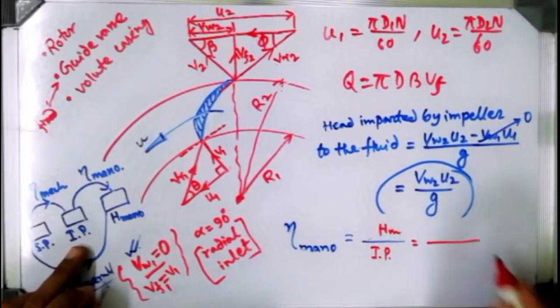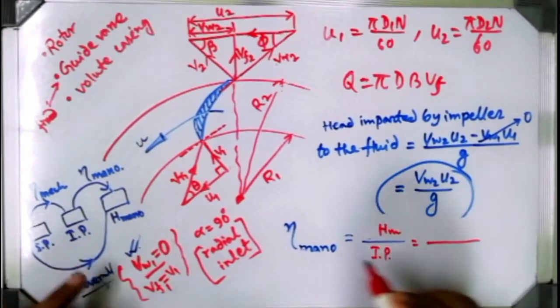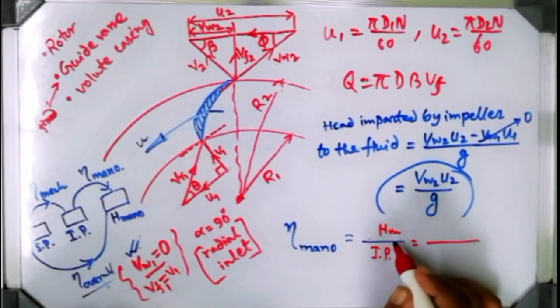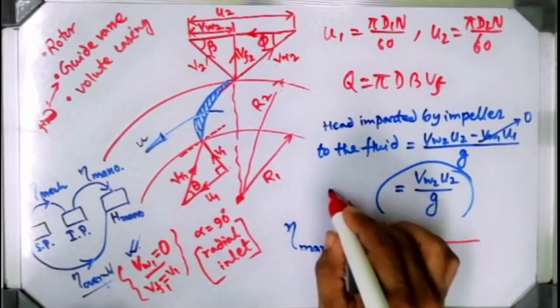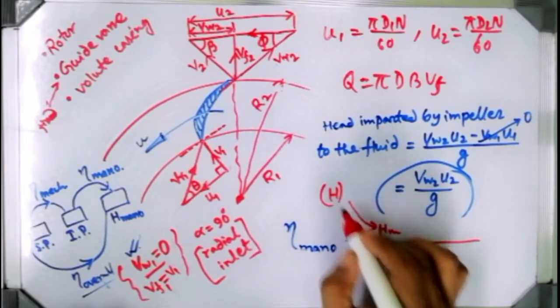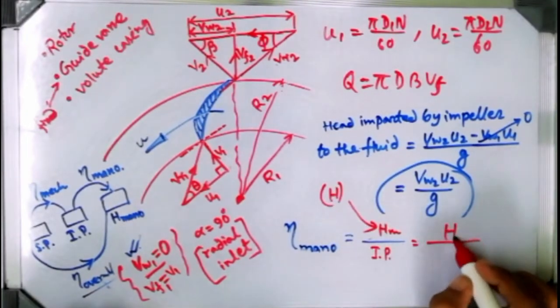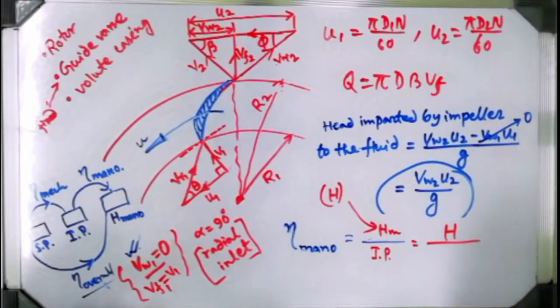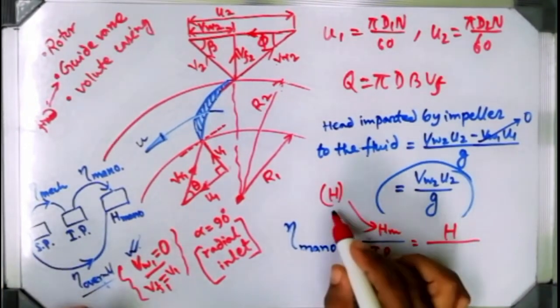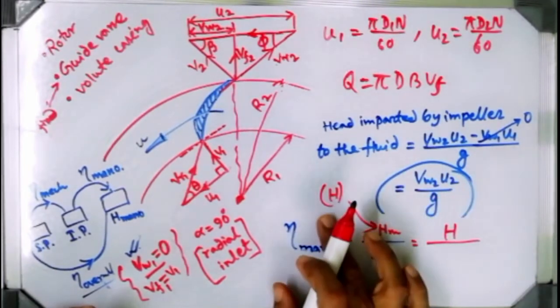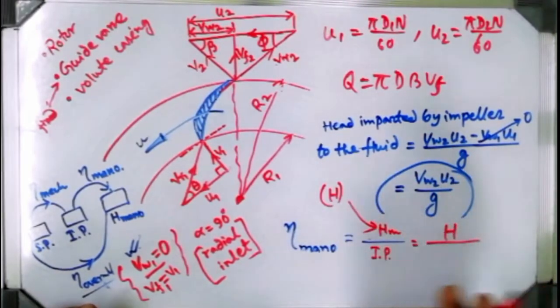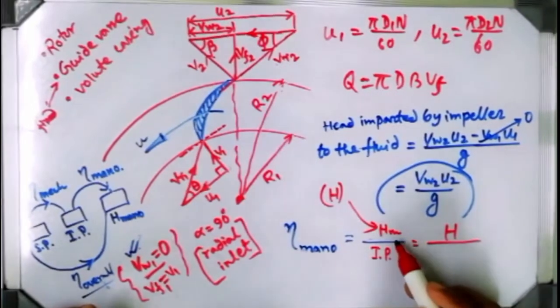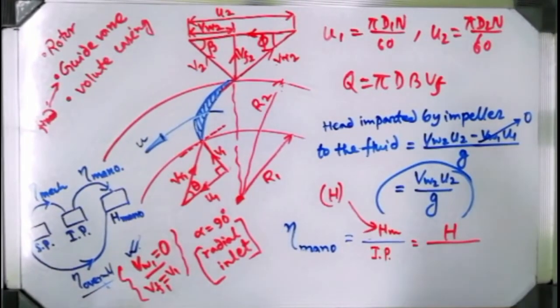Okay, so already I have explained HM only by H. Just a few minutes back I have used only H. So you can use H or HM, whatever it is, mind it, they are basically the same. Net head available, you can write it by H. Many books have used H, you can use HM also. Whatever you write, the meaning is the net head available.